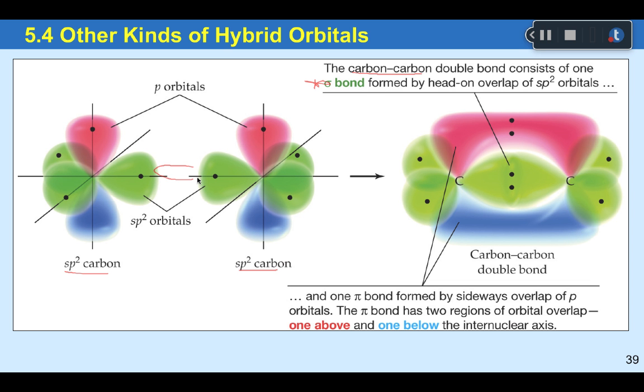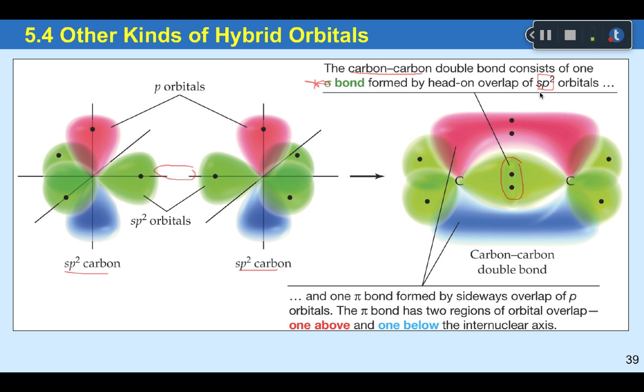So these two combine. In between the two spaces, you have now a shared pair of electrons, and being in the axis of the bond, or the direct line between the two atoms, we call that a sigma bond. So that one sigma bond can help to hold them together, the first bond between these two carbon atoms, using